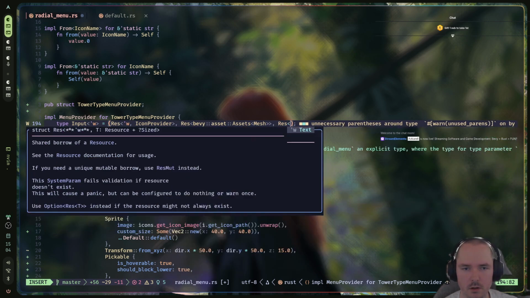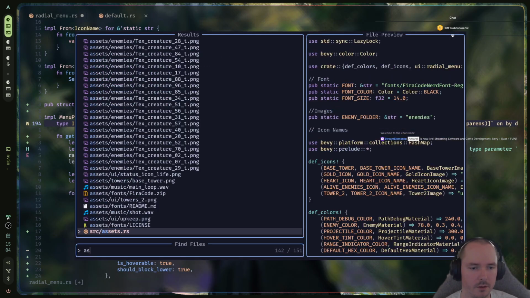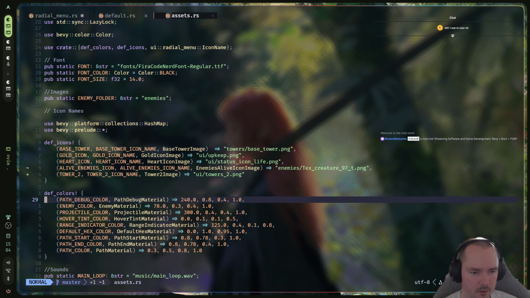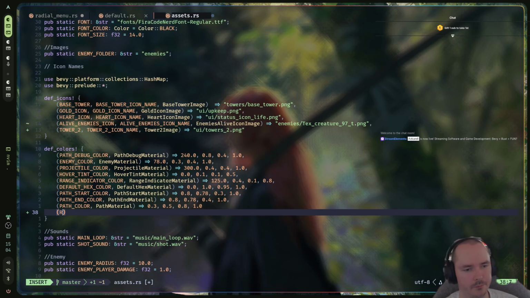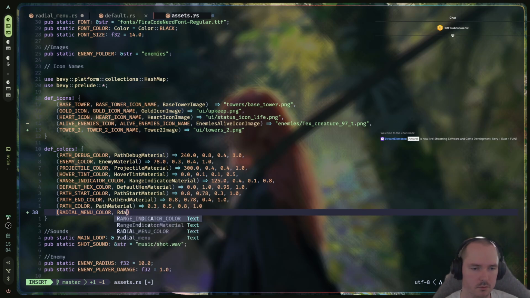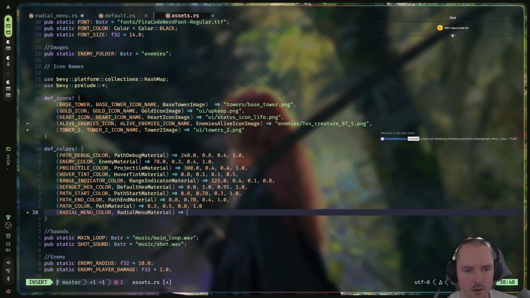And now we need Bevy. Or actually, let's go to our constants and just right here. Color, radial menu color, radial menu material, and it's